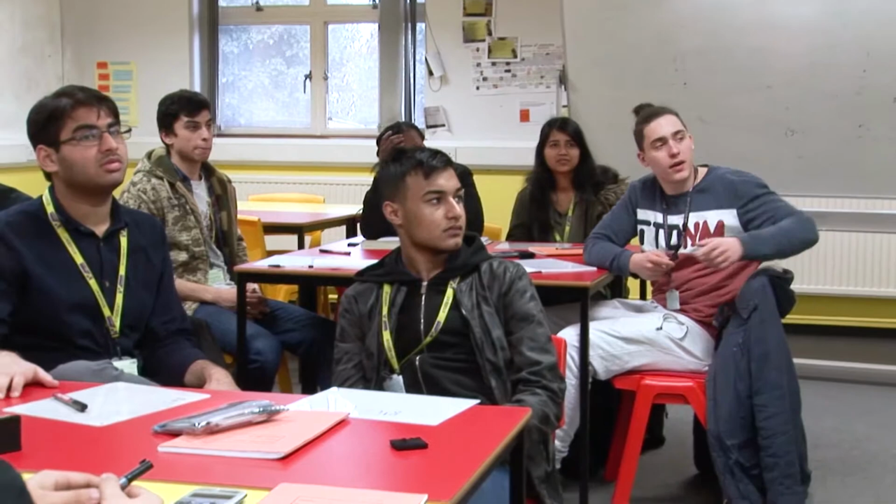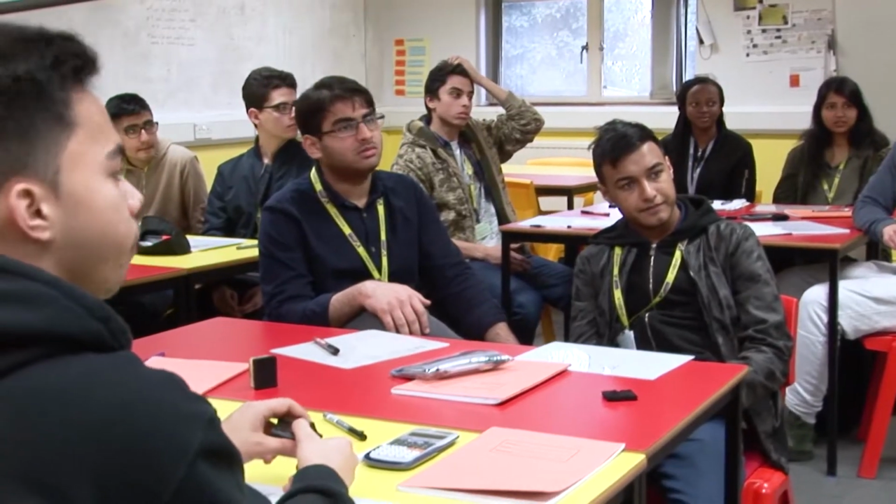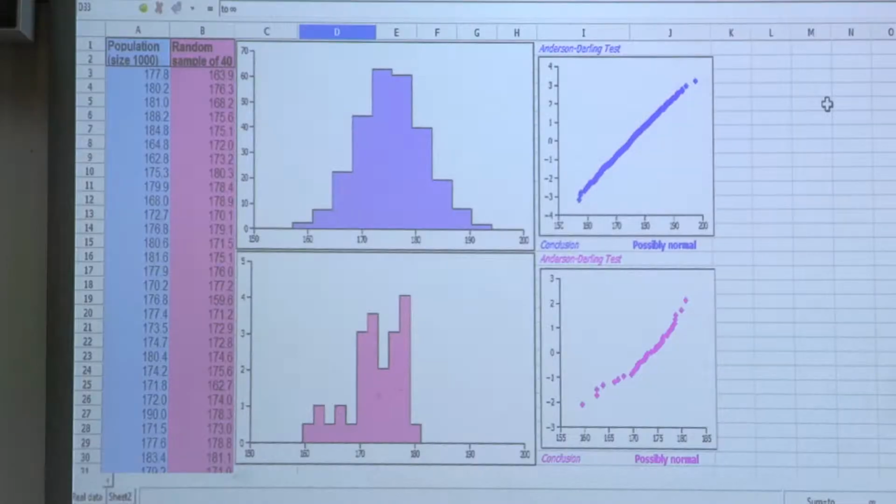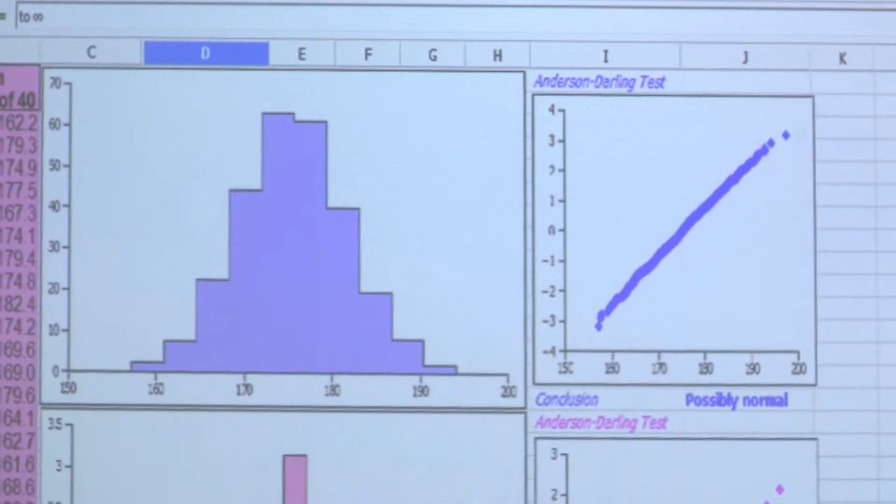So how large is the sample? How large is our sample? Great question. A sample size of 200 here. Do you think that is a large enough sample for us to see whether we... Reasonable. Pardon? It looks reasonable. So what we're going to do is take a look at some data here. Our blue data is a population of size 1,000. This is definitely normally distributed data here in the blue. We take a histogram of that, looks normally distributed?